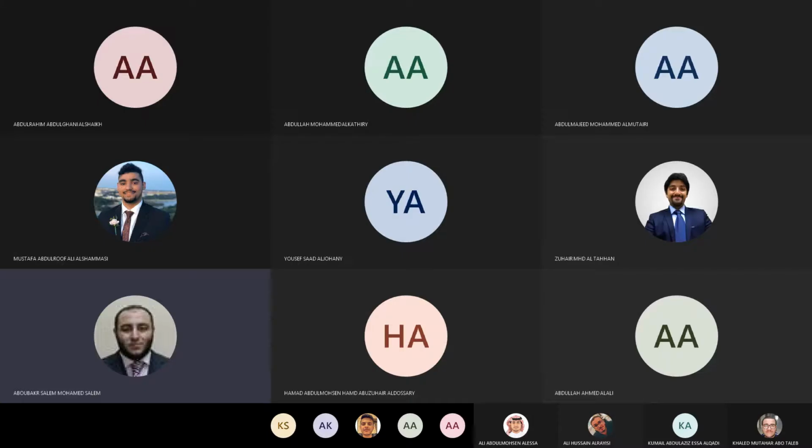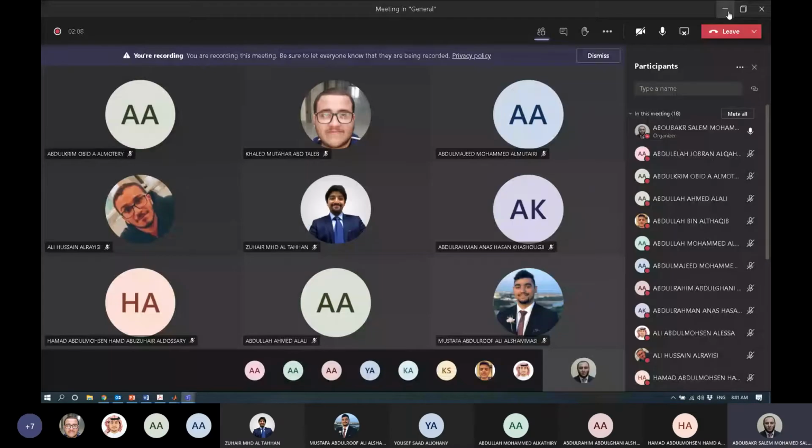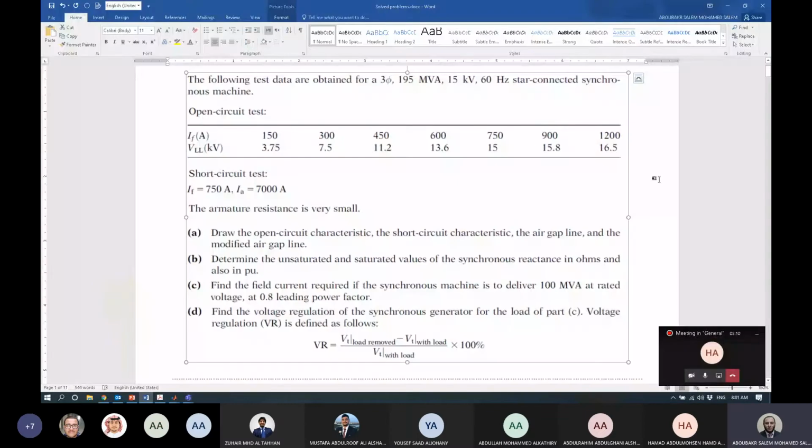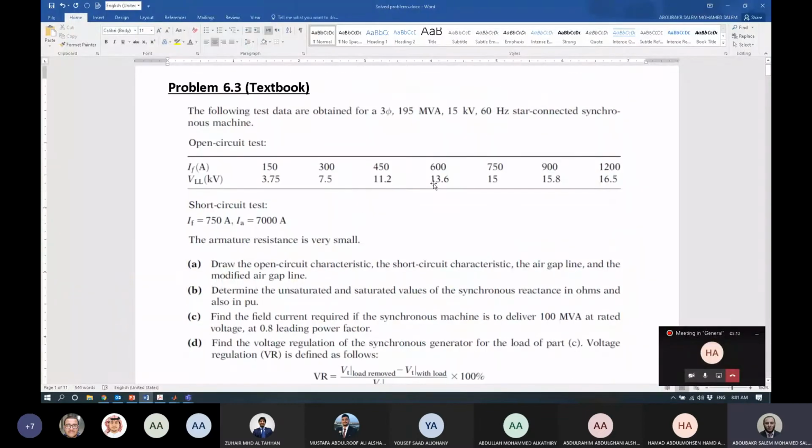Inshallah, we will solve some problems related to the synchronous machine. Let's start with problem number 3 in the textbook. It's similar to what we solved before regarding the open circuit and short circuit characteristics. And we are going to use it also to solve some